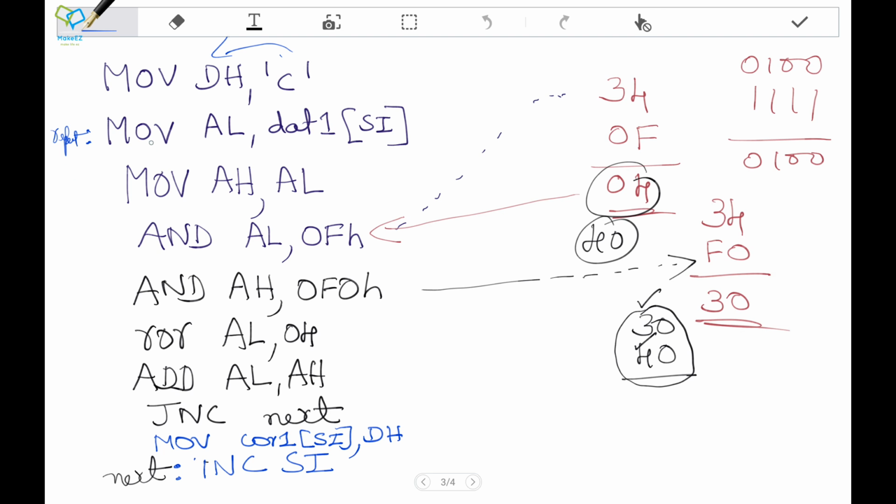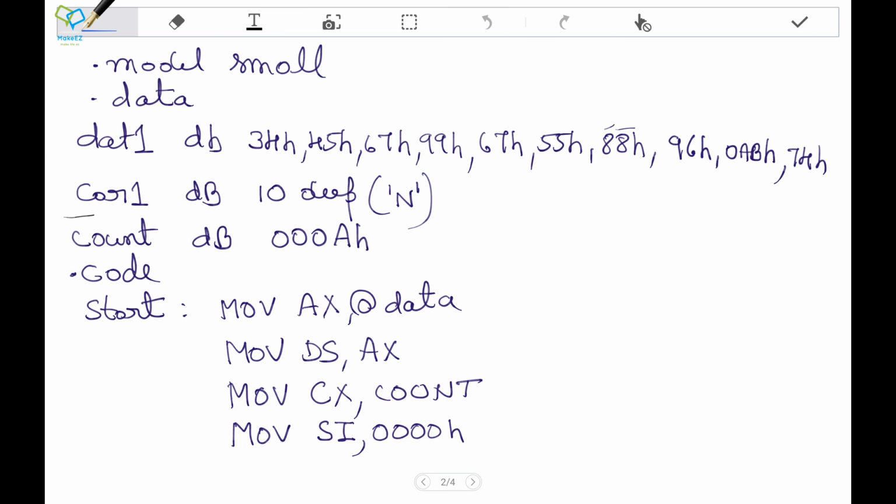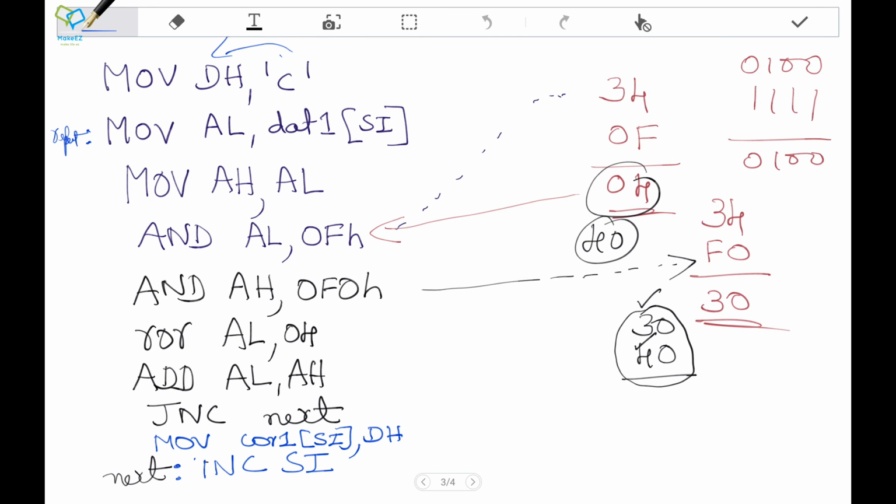So when it comes here, SI is incremented by 1. Now SI is pointed to the next data, 45H. Once again, it will convert that 45 into 40 and 50, add, and check if there is any carry generated from these two,